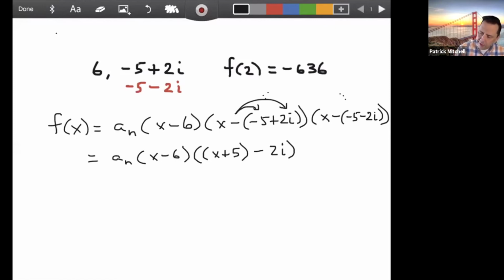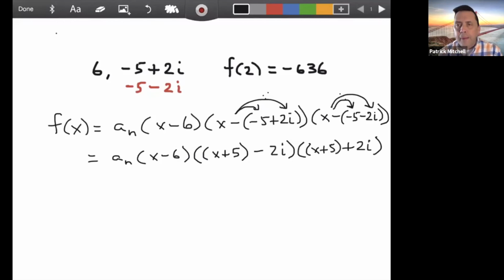And then I'm going to do the same thing to this other factor. I'm going to write it as x plus 5 plus 2i. Right? If I were to distribute this one, and drop the inside parentheses, that would become x plus 5 plus 2i. I'm putting the parentheses around the x plus 5. Now, the reason I wanted to group them like this